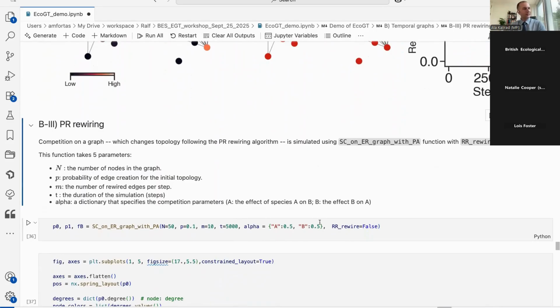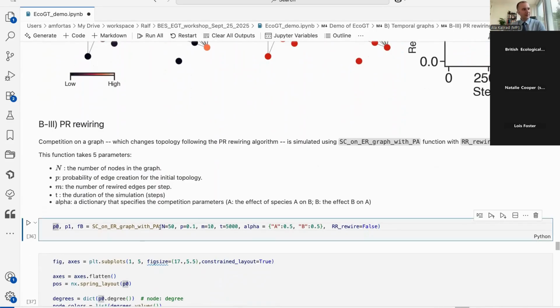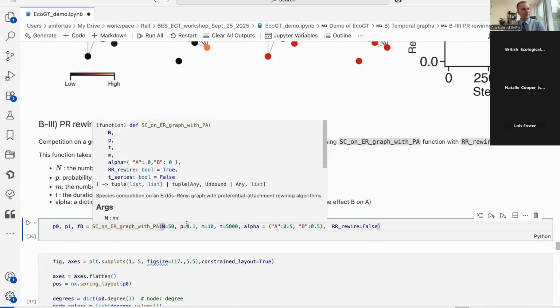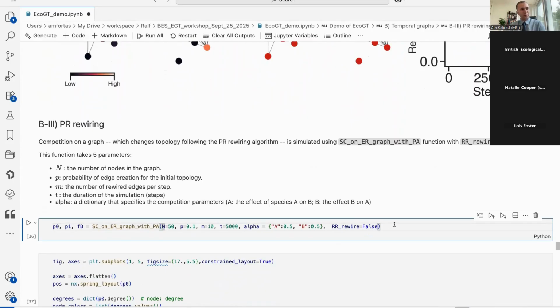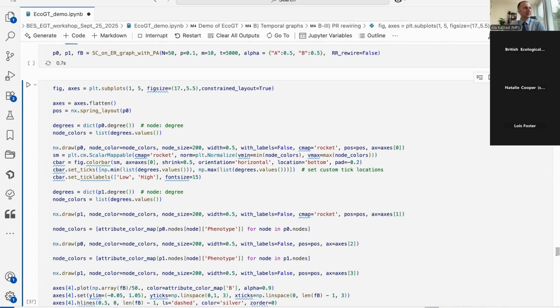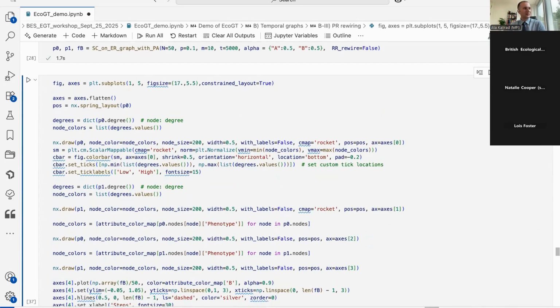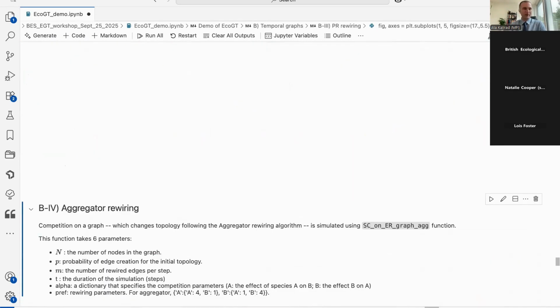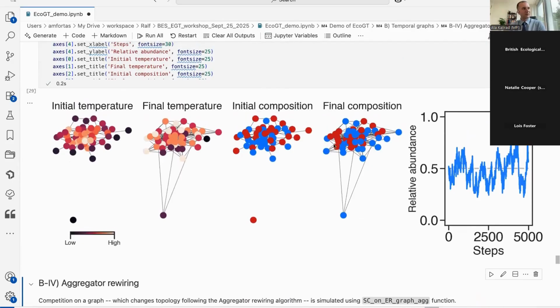In the poor gets richer, it's the same function that is used, so the preferential attachment rewiring with the RR rewire set to false. And this one, again, is very quick, and you can see the initial temperature and the final temperature, and then the composition that is changing